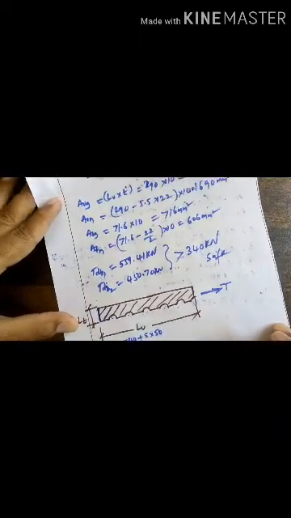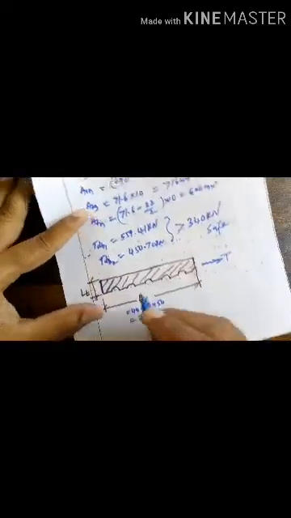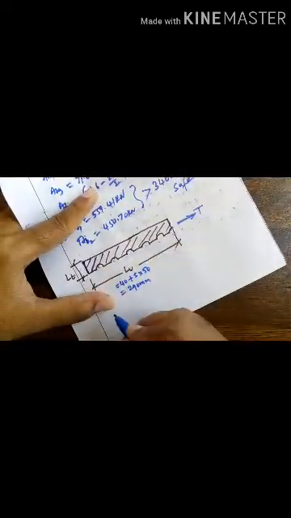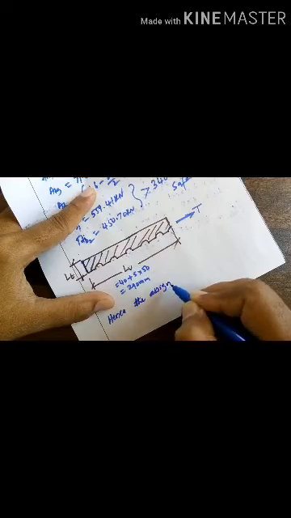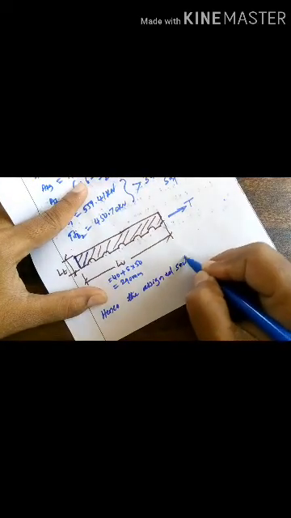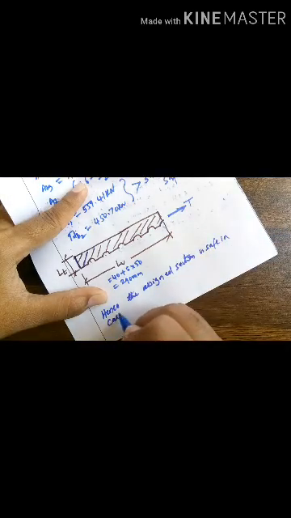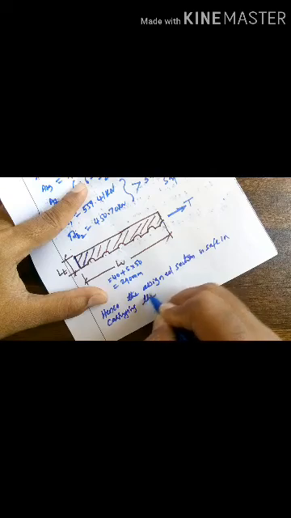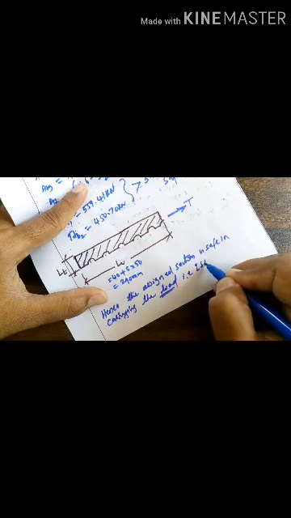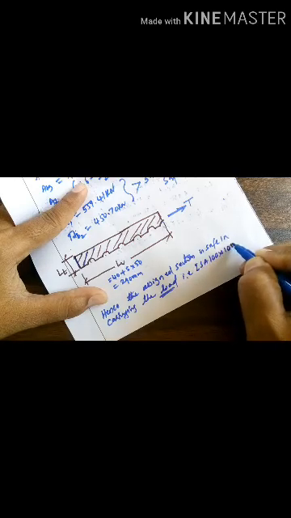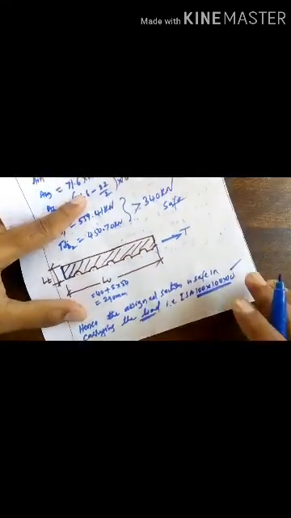Then finally you should write one line: hence the assigned section is safe in carrying the load. That is, ISA 100 by 100 by 10 is safe in carrying the load. Okay, so this is the